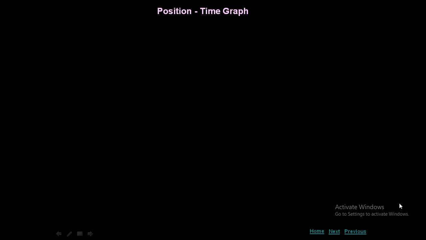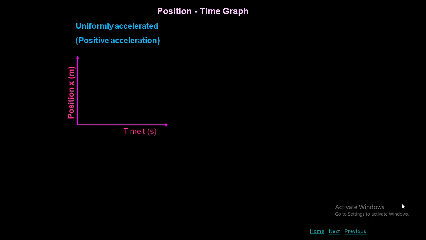Dear students, in this video you are going to learn about position time graph and velocity time graph. So how are we going to represent position time graph for a uniformly accelerated body? That is nothing but a body moving with positive acceleration. Whenever you want to represent a body moving with positive acceleration for position time graph, it will be like